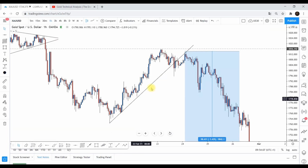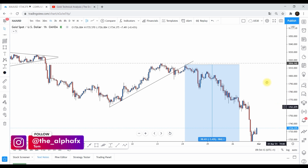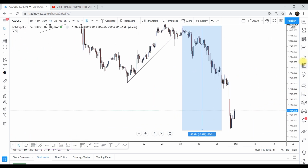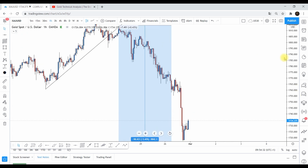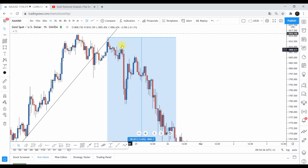So you can see that the price, as explained, made this double top. The price broke through the trend line, came back to retest it, and then it created a 1000 pip drop, or $100, or 10,000 points. If we zoom in for a second, let's see what we can find here. You see that the price sharply dropped from 1808 down to 1845 and then bounced back, creating a high, then a high again,